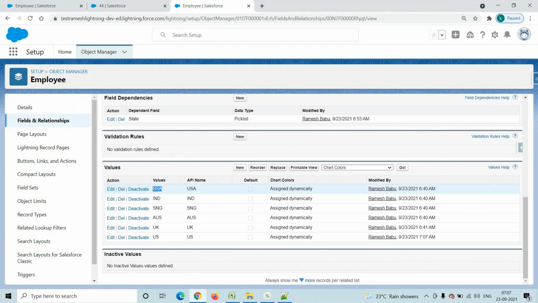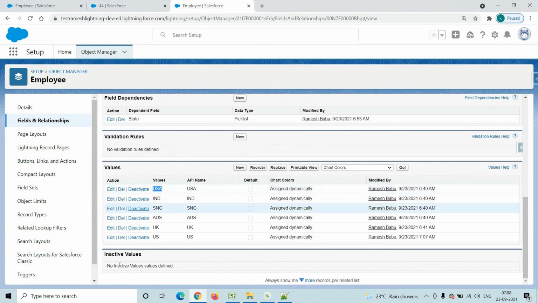Last month we created this country pick list field and we created pick list values. While creating the pick list values, we added the country value as USA, and after that the users created records. How many records they created doesn't matter. Sometimes 10,000 or 1 lakh records, but in all those records the pick list value is USA. Today my client is asking, boss, we created the pick list value as USA, now you have to replace that USA with US.